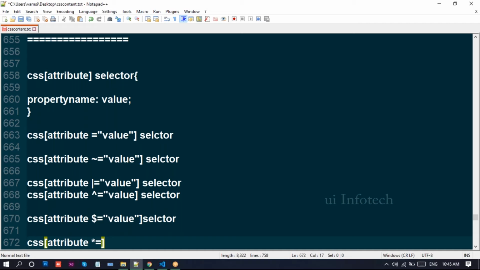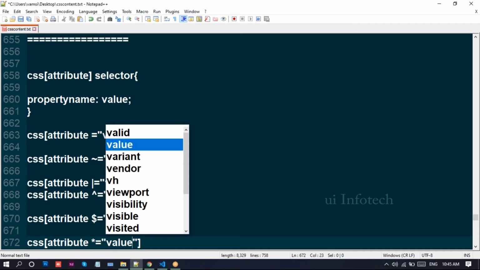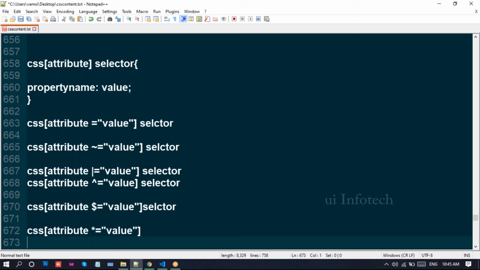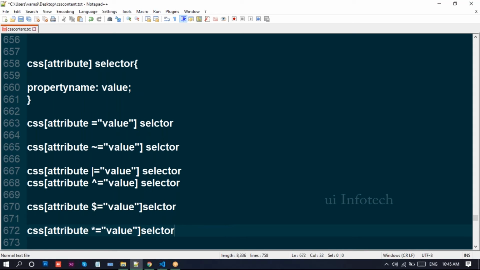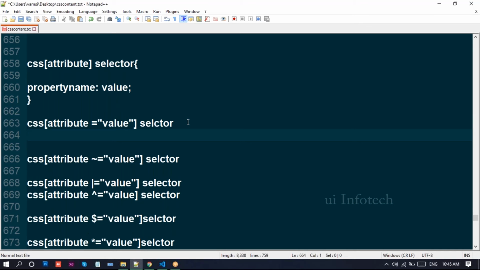And here we can write one more selector, the last selector, attribute asterisk star and value selector. So this many selectors are available in CSS.